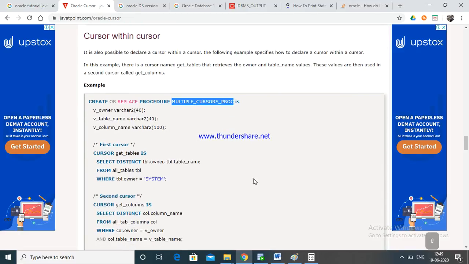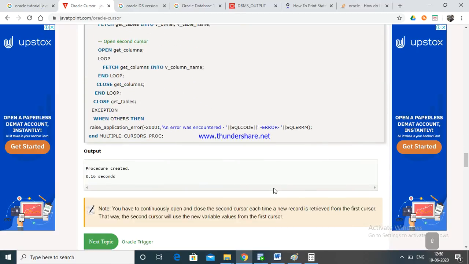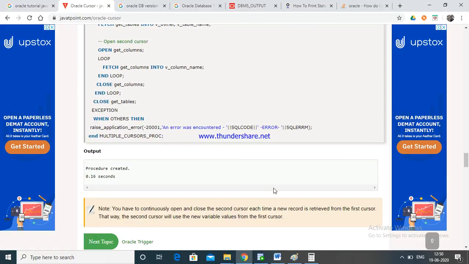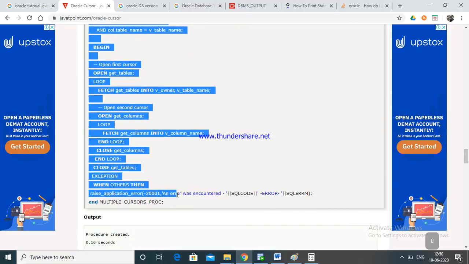Multiple cursors example. We are going to use a multiple cursors example. Here the procedure is created. Now try to understand the procedure, multiple cursors. Just going to copy.